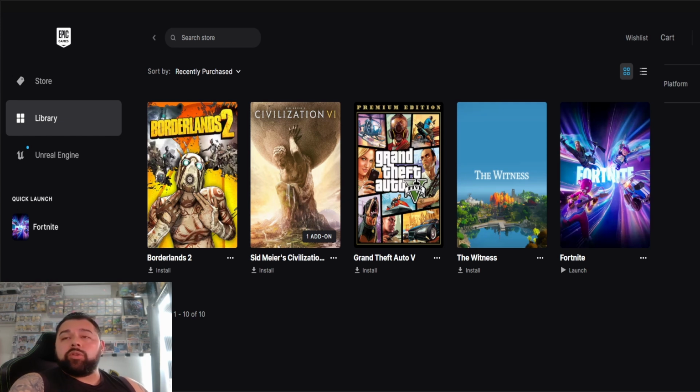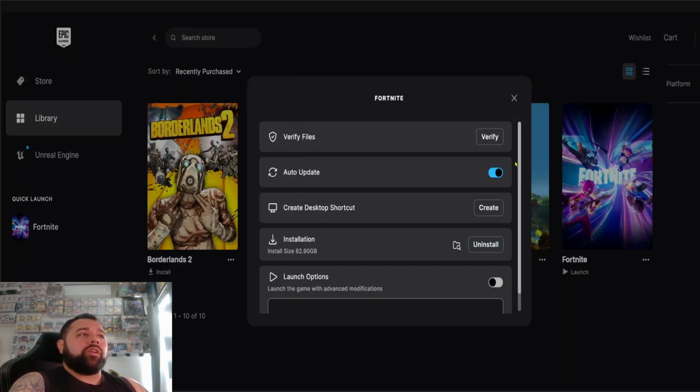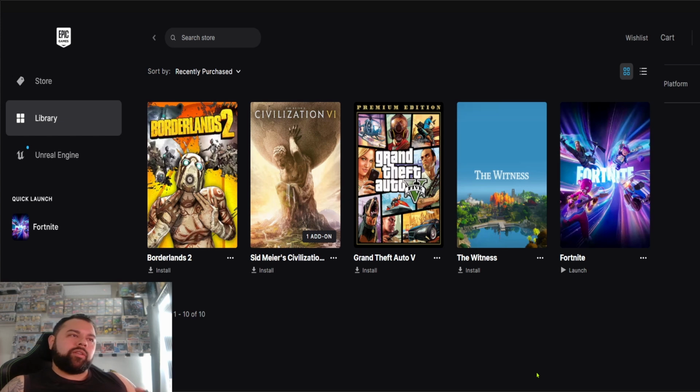So the simplest way to do this is to open up the Epic Games Launcher, look for the three dots here, go ahead and click on Manage. Once you click on Manage, you're gonna go to Verify. And then once you click Verify, you're gonna get a bar filling up because it's basically verifying that all the files that you need are there and perhaps all the files that you don't need are removed or changed in some type of way. So once that is done, you should be able to open the game. I received one of those 00 something whatnot issues, but doing that allowed me to go ahead and launch